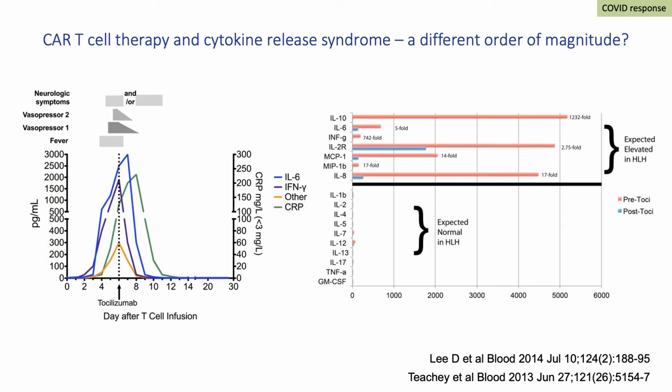Now, if you look at this figure, this is the CAR T cytokine release syndrome, if you like, the archetypal cytokine storm. And you see in the left-hand side very high levels of interleukin-6 and interferon gamma. These are pro-inflammatory cytokines. But look at this, almost several thousand picograms per mil of cytokine being produced. On the right-hand side, a very similar massive upregulation of cytokine, in this case, in patients with HLH. What are we actually seeing in the COVID response?